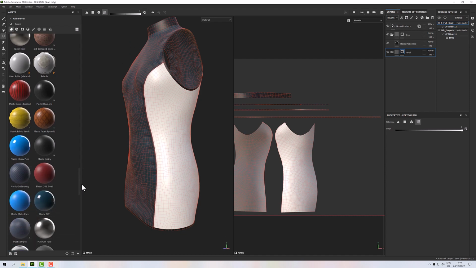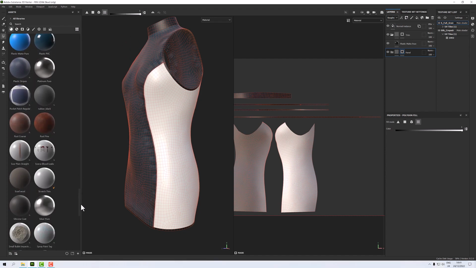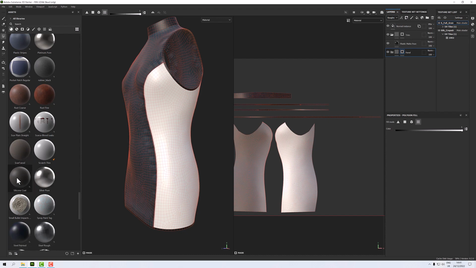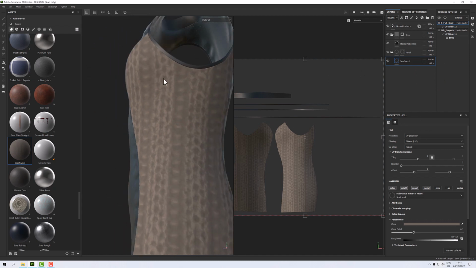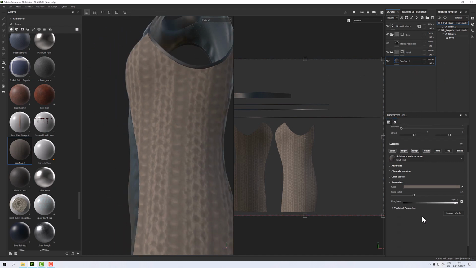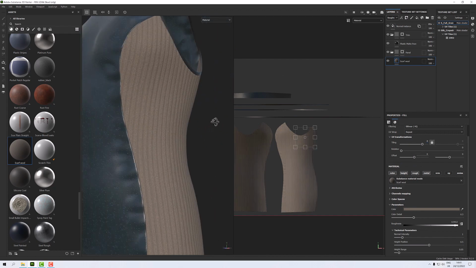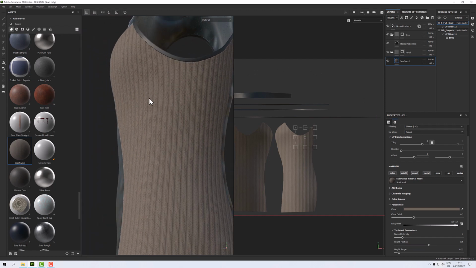Metal would be quite cool, but yeah, not so much. I want something with a little bit of kind of clothiness to it. Perhaps this scarf wool, if I make it small enough, will do the job. So let's pop that into there, and it will come in, and it's really big. So we come down to our technical parameters. I've got nothing in there to use, so we'll use our tiling. So if I go quite high on that, there we go. That's not too bad,